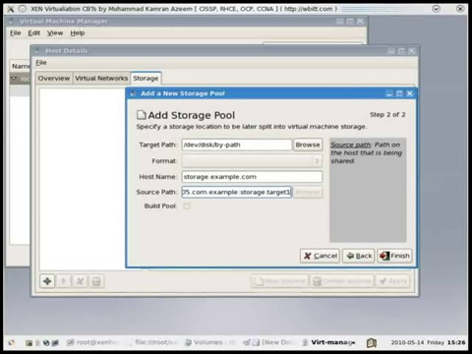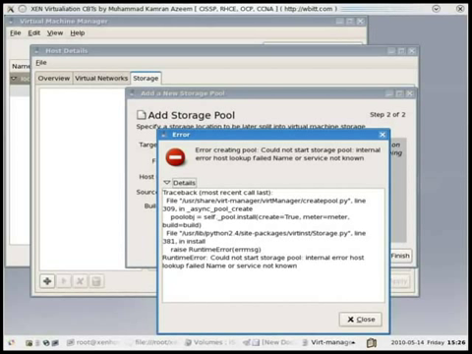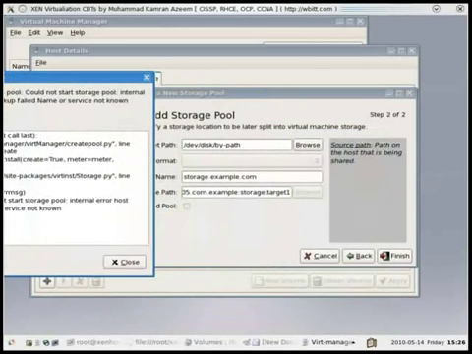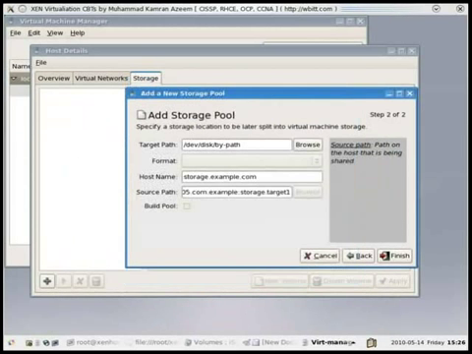Now it will probably give an error, and there's a reason for it. Let's press finish. Error creating pool, could not start storage pool, internal error, host lookup failed, name or service not known. So it doesn't know which host it is and how to connect to it. Storage.example.com is correct. The problem is it was not able to find